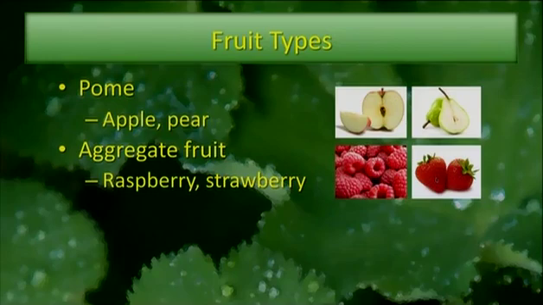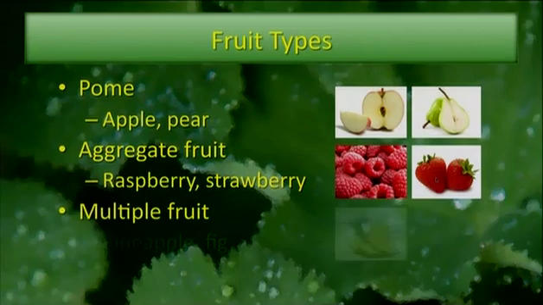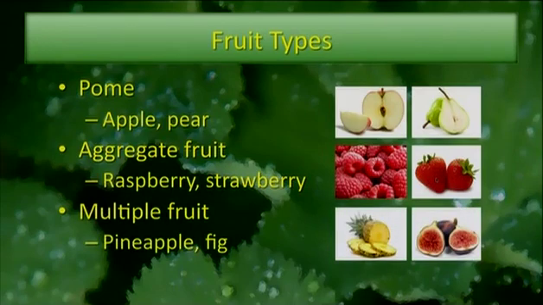Now the last type of fleshy fruit that we're going to cover are the multiple fruits. Multiple fruit comes from several to many flowers on an inflorescence. So you have a single fruit developing from multiple flowers. Multiple flowers go into making a multiple fruit. So pineapple, all those little lozenge-shaped areas on the pineapple are actually